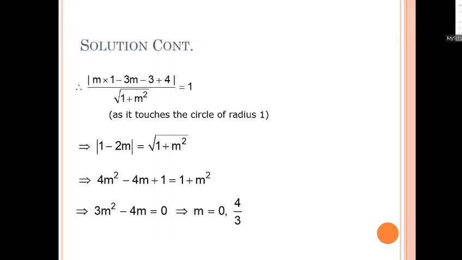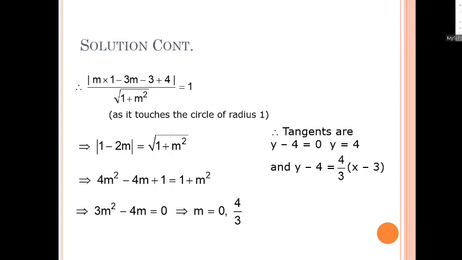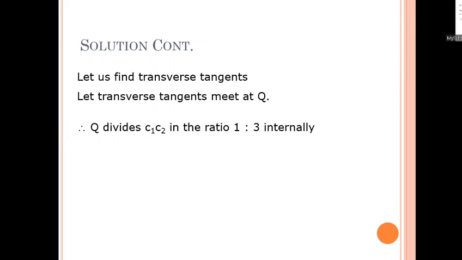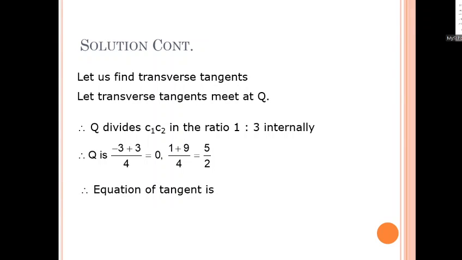So this is the first part. This completes half the question. Okay? Next half क्या होगा? नेक्स्ट ट्रांसवर्स कॉमन टेंजेंट। इसके लिए फर्स्ट पार्ट क्या होगा? इंटरनल डिवीजन। सो इंटरनल डिवीजन वाला पॉइंट क्या है? 0,5/2।